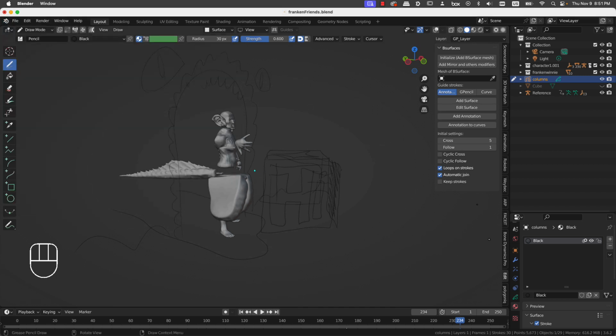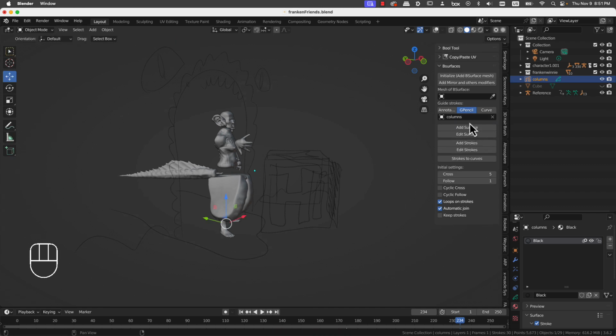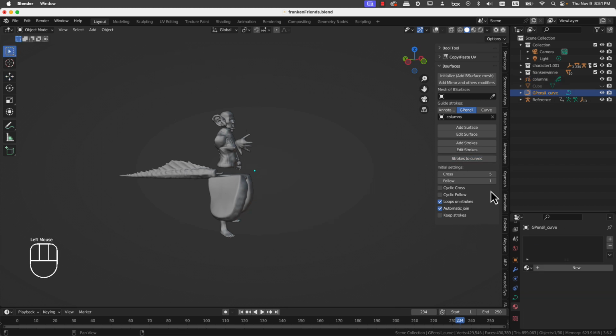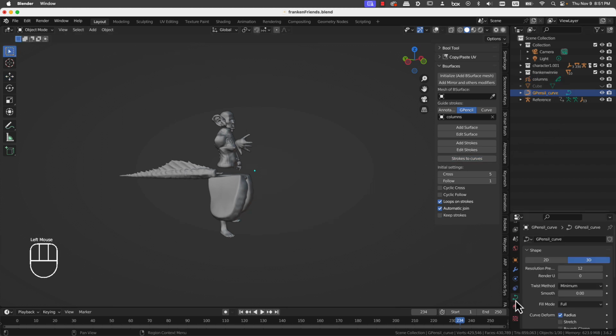And then I go here on the side tabs, go into edit, and I select the G pencil, and I say stroke to curves. I need to specify the name, so I use the eyedropper, I choose the columns, I turn strokes to curves, and it will appear to disappear, but as soon as I select this, the curve properties,